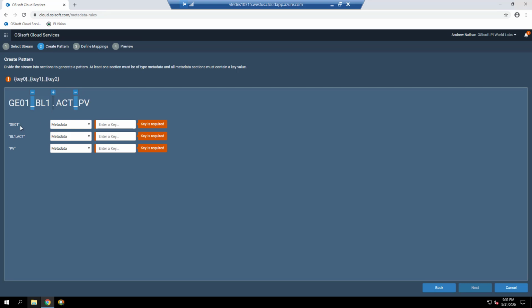GE01 and BL1.act are both valuable and interesting information that we can store as metadata, as they correspond to the turbine name and measurement, both required fields. Thus, enter the keys for GE01 and BL1.act as turbine and measurement, respectively.